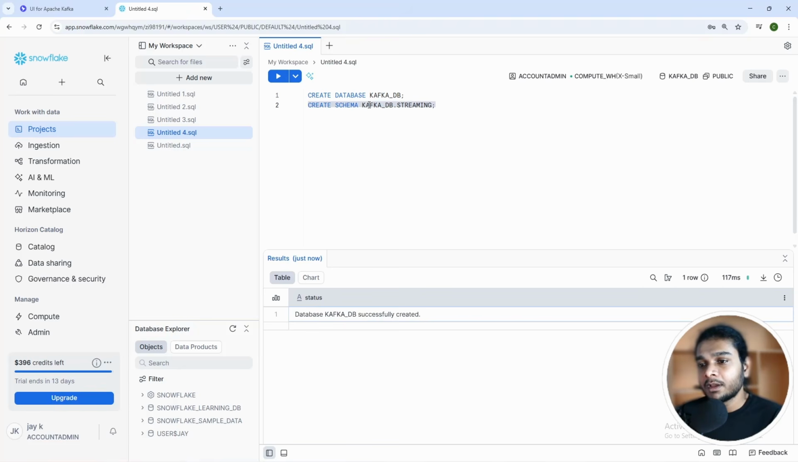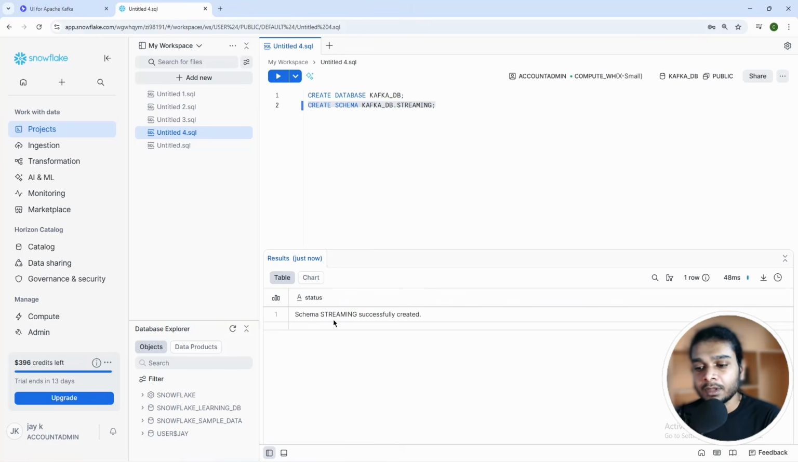Schema KafkaDB.streaming, run it. You hit Control plus enter, or you hit this run button. Schema streaming successfully created. We have the database. We have the schema in that database created. Now we create a table. To create a table,